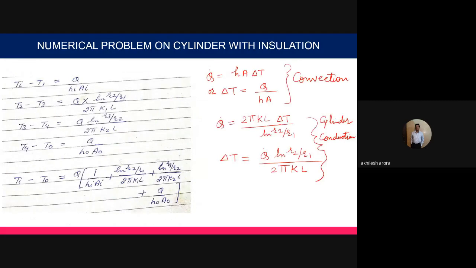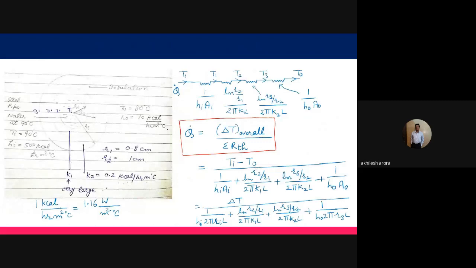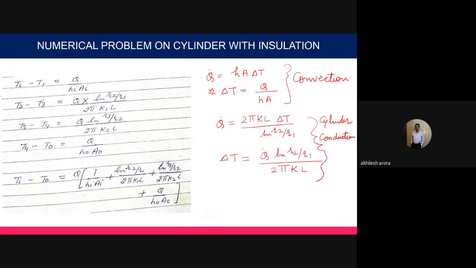Now what you can see here is we have four resistances. I will make the resistances here once again. This is the first resistance, then we have the second resistance, then third resistance, then fourth resistance. So here this resistance will be 1 over HiAi. The second resistance will be log natural R2 by R1